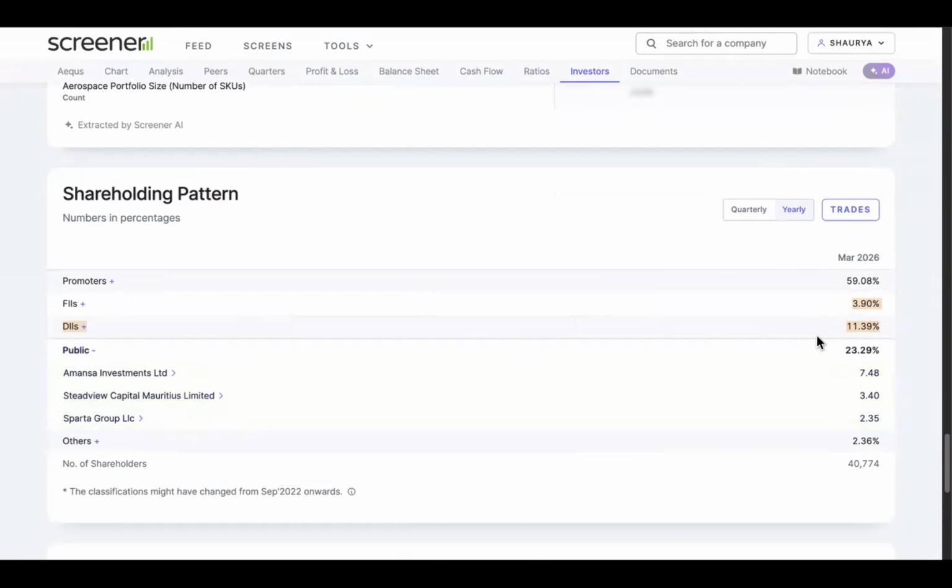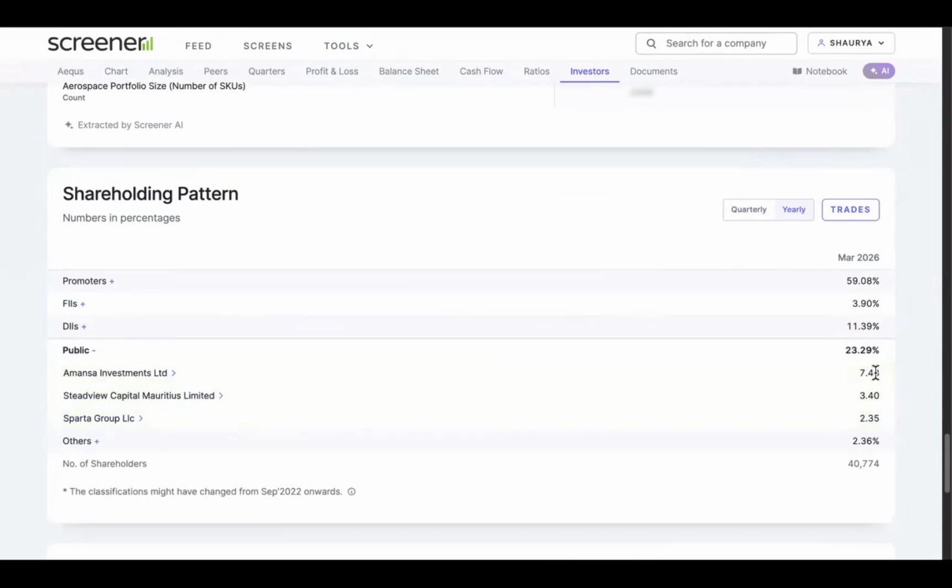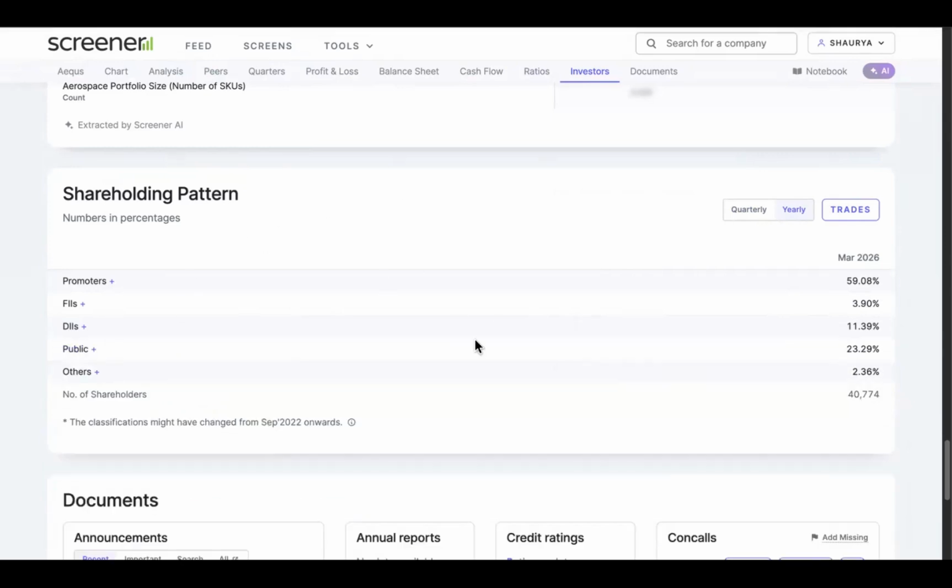In public as well. 23% of the stock is owned by the public, out of which 7.48 is with this company. It's also a holding company. It's called Amansa Investments Limited, Steadview Capital, Sparta Group. These are institutional investors. In some way or the other, they are institutional investors. So 23.29, so 7.48, that's almost 10. This is almost 13. 13 plus 11 plus 4. Okay. So there is a significant ownership of institutional players in this stock, or there is significant interest of institutional